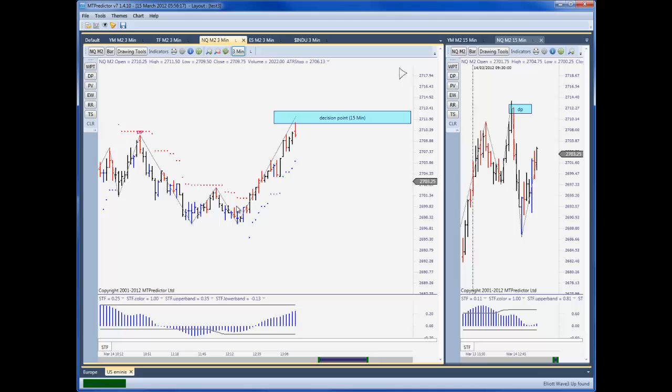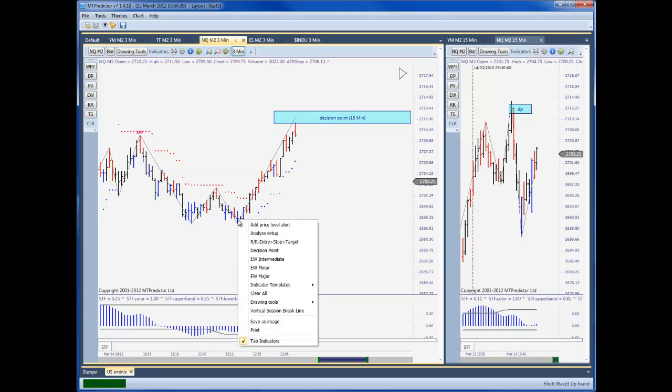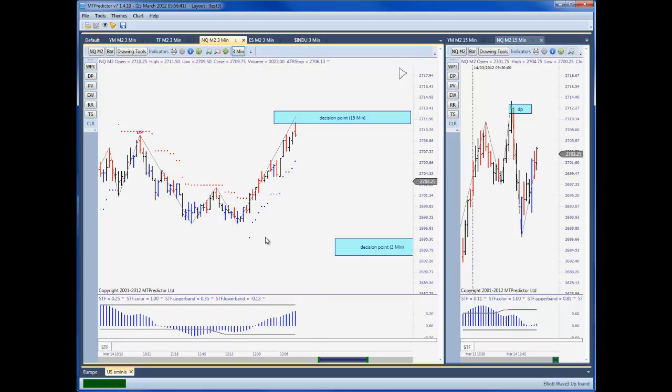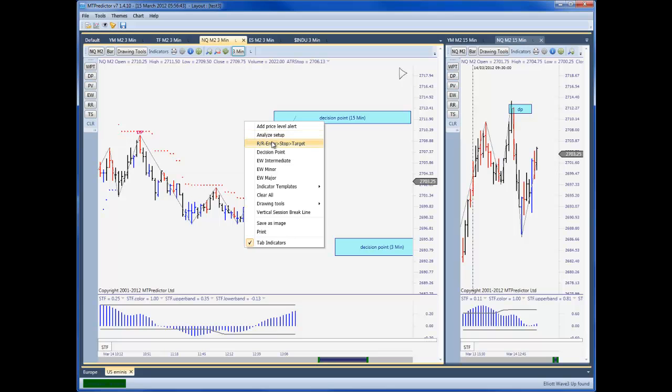Now, advanced traders among you, this is probably an advanced setup because it's against a blue SCF. Advanced traders among you could have said, and actually I know a couple of traders emailed in yesterday with this very trade setup that they did on their own accounts. You could have said that because you're at 15-minute resistance, you want to take a trade off the 3-minute chart. Target would have been a DP, would have been the 3-minute DP off here. If we put the risk reward on,